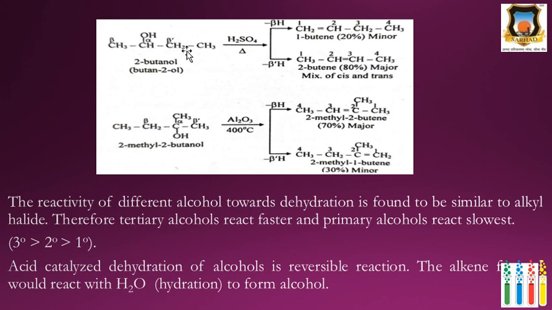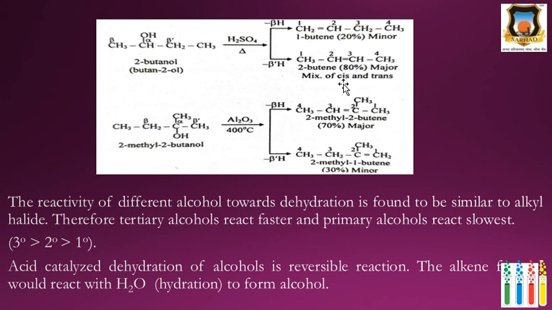Here there are two types of beta carbons. This carbon also has hydrogens: beta carbon and beta dash carbon. Therefore, the hydrogen present on that carbon is beta hydrogen and beta dash hydrogen. Here two types of hydrogens are there, therefore two products are possible. But out of this, only one is major. That is, this 2-butene is major according to Saytzeff's rule.